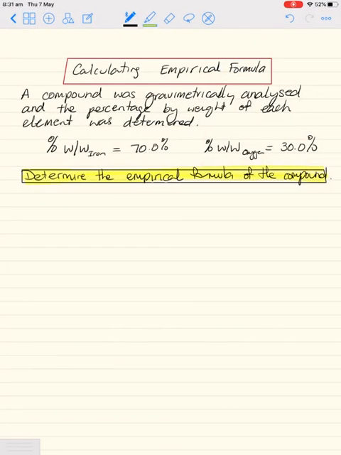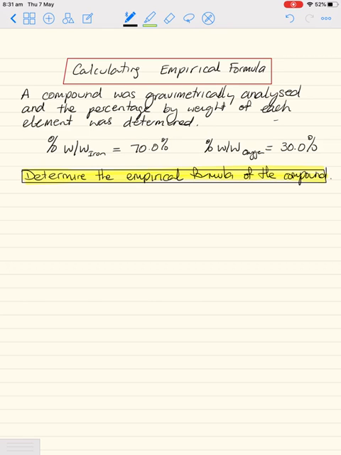Okay, so we're going to calculate empirical formula. I'm just going to guide you through this question. The question says, a compound was gravimetrically analysed and the percentage by weight of each element was determined. So percentage weight on weight of iron is equal to 70%, percentage weight on weight of oxygen is equal to